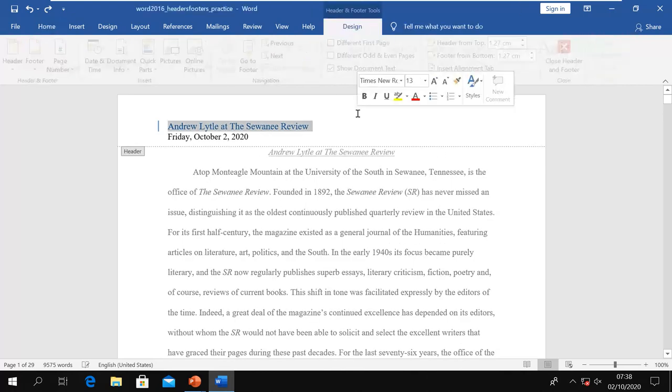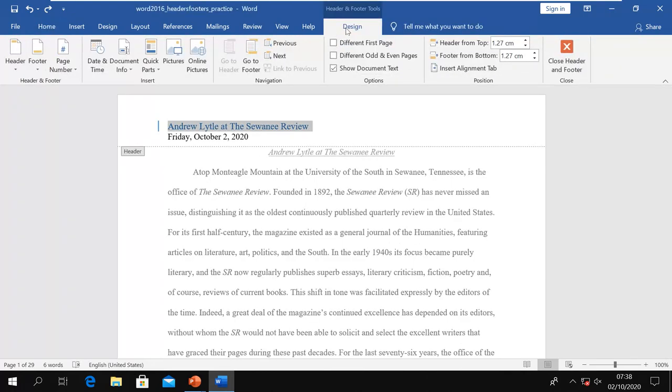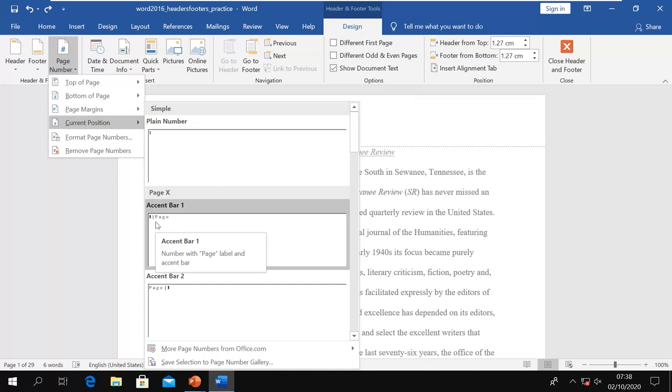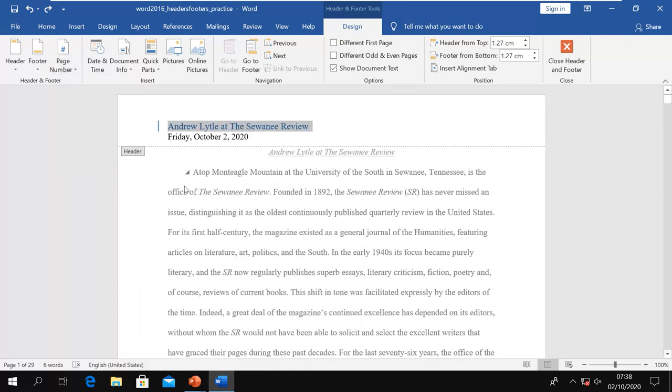So when I open this, in the design tab I also have the option to add a page number. In this case I will select Current Position. If I select the top option, you see my header is already there, and it will be removed. So I will select Current Position, and place my insertion point where I want the page number. I put it here,